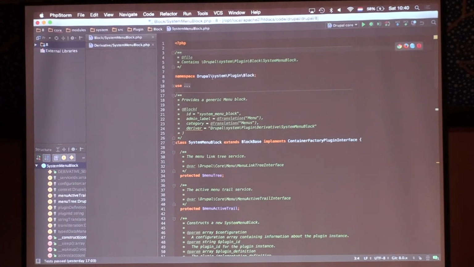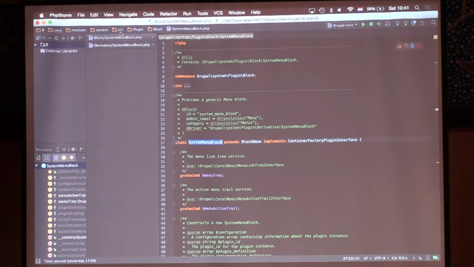So these namespaces, with our autoloading system, map to the directory structure. The first little bit, Drupal/system, is the module name. This little bit maps to the src, the source directory in your module. Everything after that maps to the directories within that source directory. And then the file name is basically the class name .php. As we can see here, our class is called SystemMenuBlock, and then up here the file name is SystemMenuBlock.php, and you see that